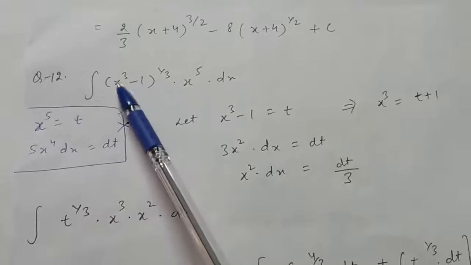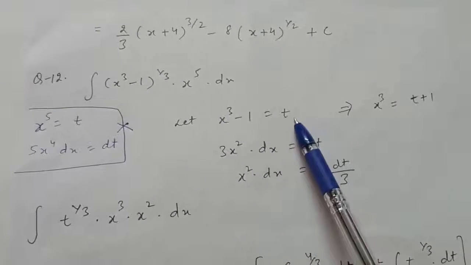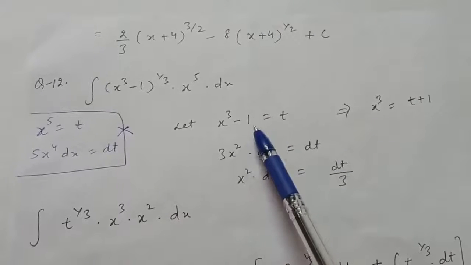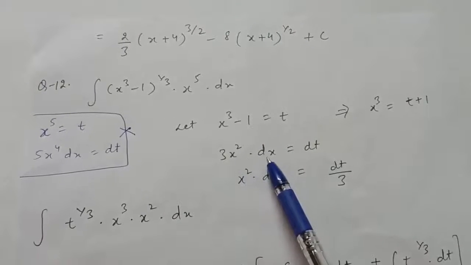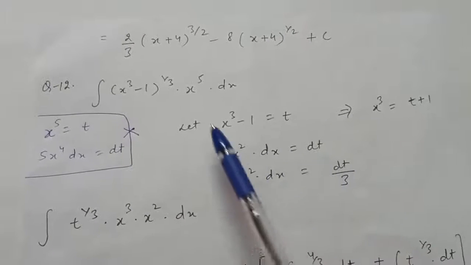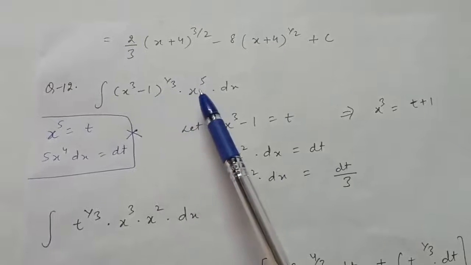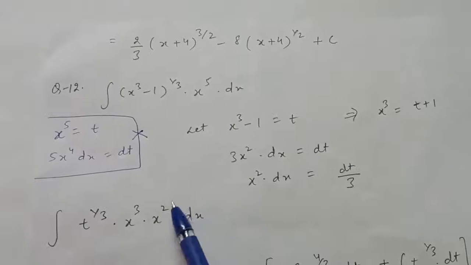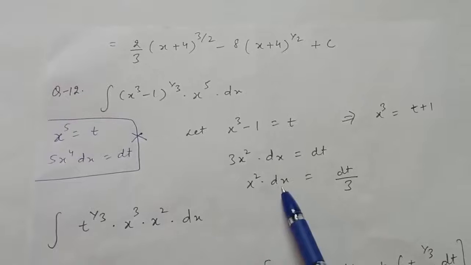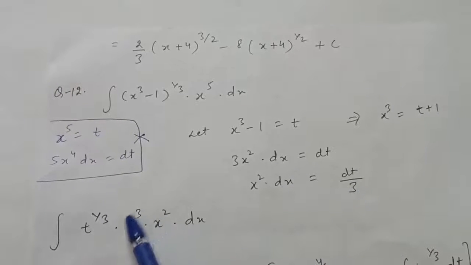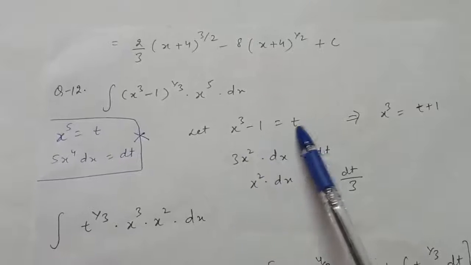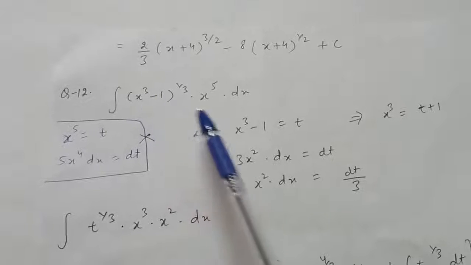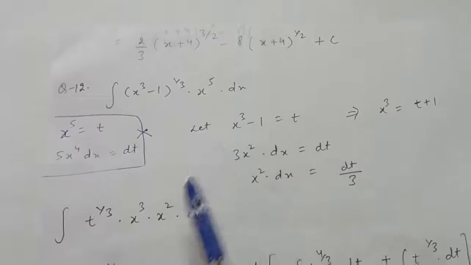Instead of this, we will take x cube minus 1 as equal to t. Now after differentiating this, you will get 3x square, derivative of 1 is 0. So 3x square into dx is equal to dt. Now also x square is not in this integrand, but x raised to the power 5 can be written as x cube into x square, right? Now x square dx will become dt by 3 and the value of x cube can be calculated from here, which is t plus 1, right? Therefore, we will take x cube minus 1 as equal to t. Now, the integral will become